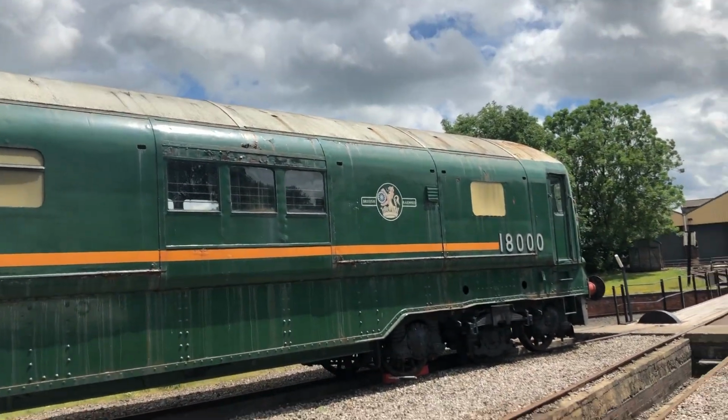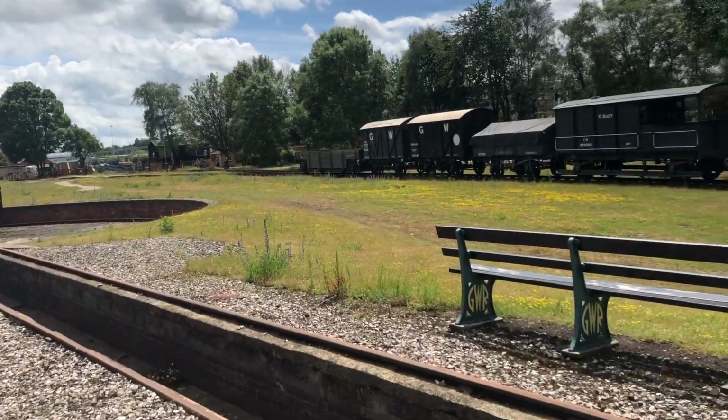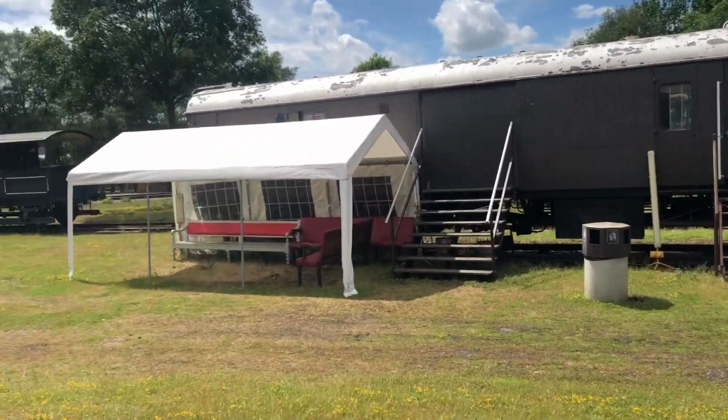See, it says British Railways, which existed in some form from the Second World War right up until 1997. GWR, Great Western Railway. So you can hear the Flanders and